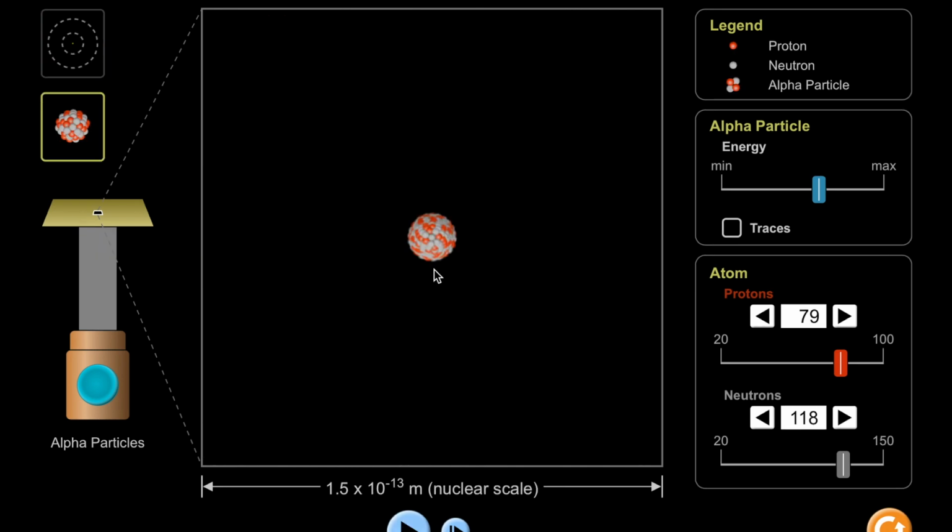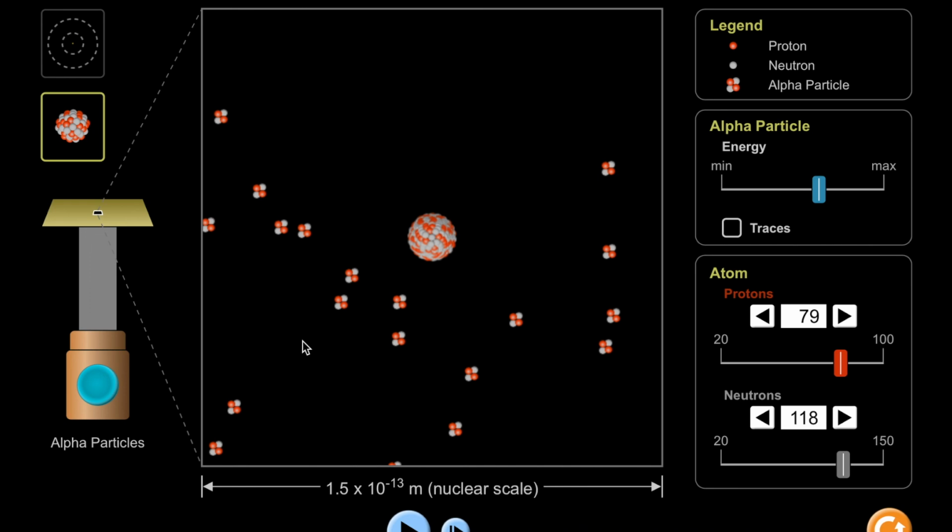Let's take a look at a zoom in of one atom of gold, which contains a whole bunch of positive charge. These alpha particles are positively charged, so most of them just go straight on through without any deflection at all. And this is an extremely close up. So every once in a while you get a direct hit, and the positive charge of the gold nucleus, this big huge thing of red and gray, is going to cause the alpha particle, if it happens to make a direct hit on the gold atom, to basically backscatter and come back towards the source.